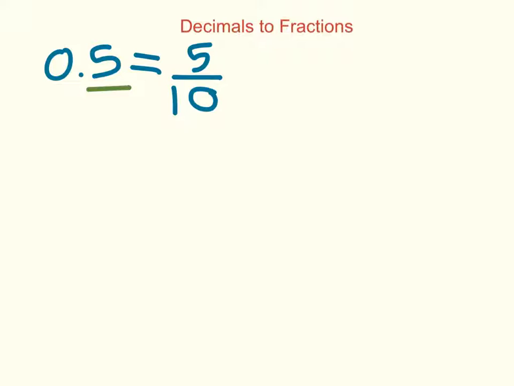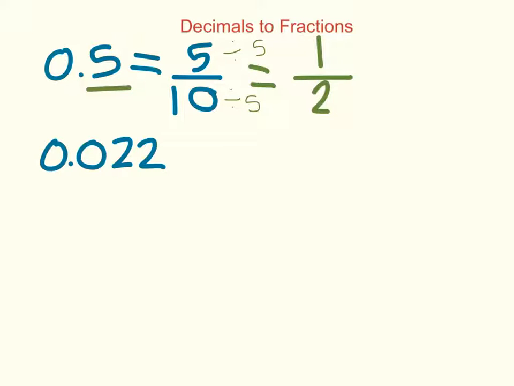But we aren't going to leave it this way because we see that 5 tenths can be simplified. The common factor of 5 and 10 is 5. So we will divide both the numerator and denominator by 5 to simplify our fraction. 5 divided by 5 is 1, and 10 divided by 5 is 2. So 5 tenths would be equal to 1/2. Our next example is